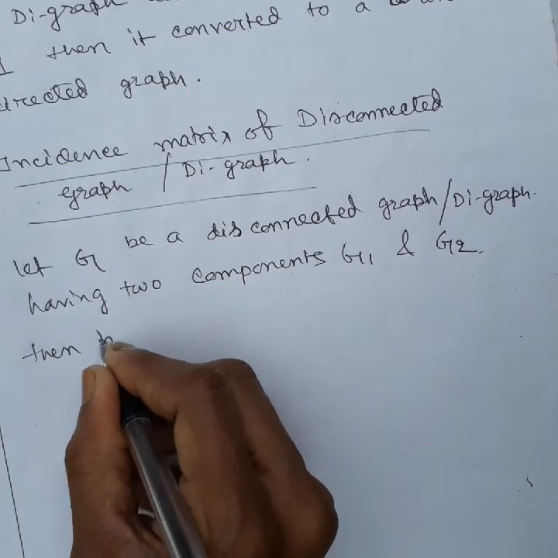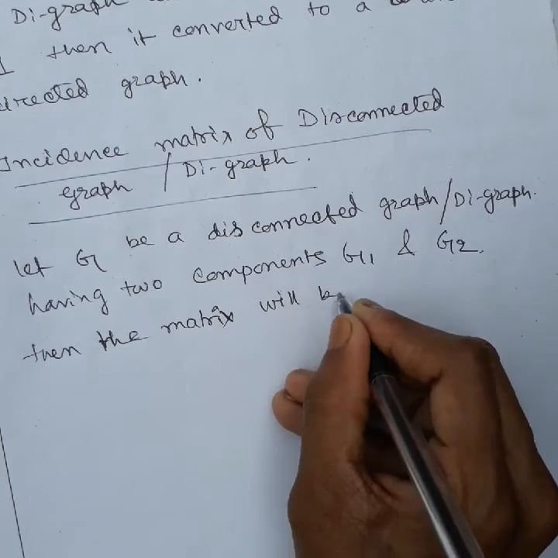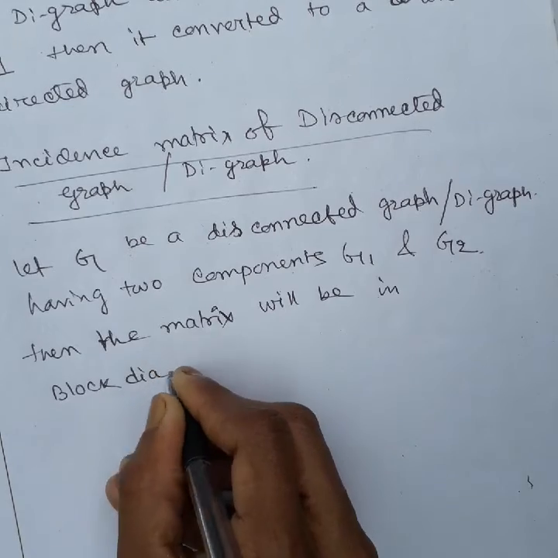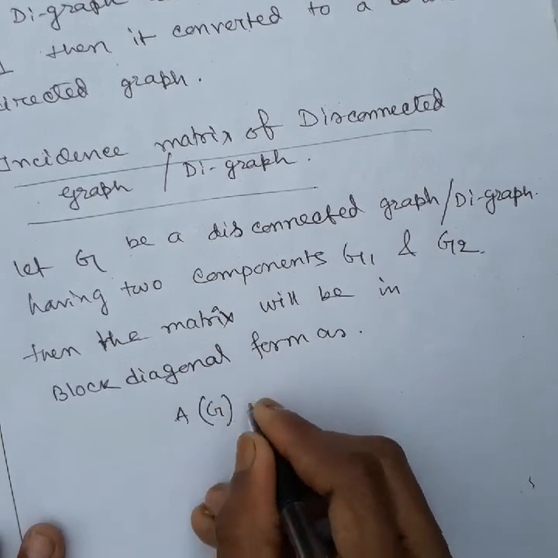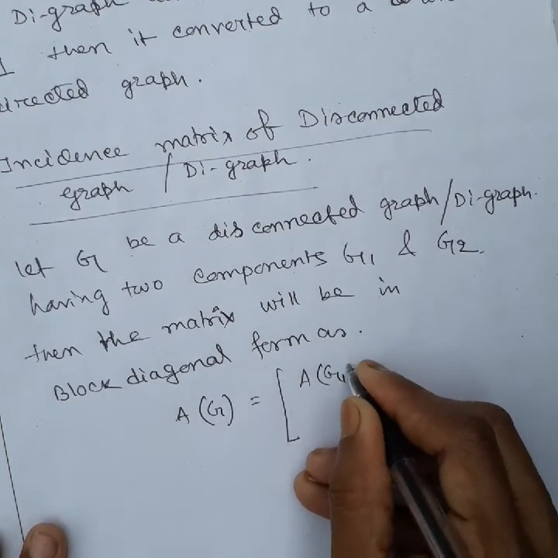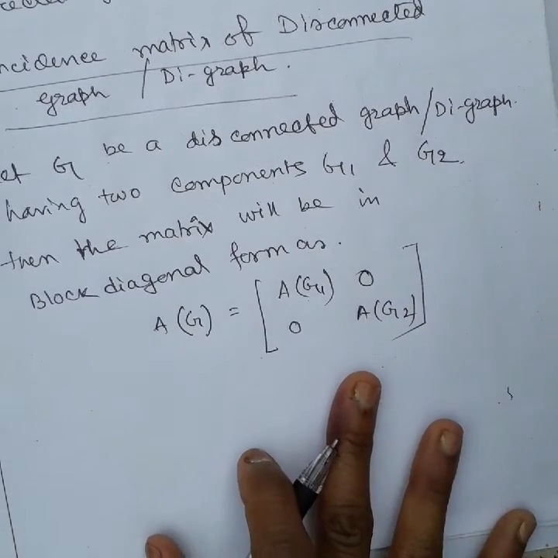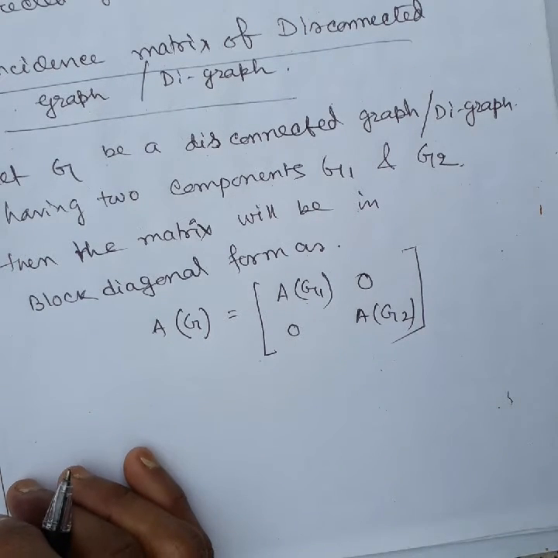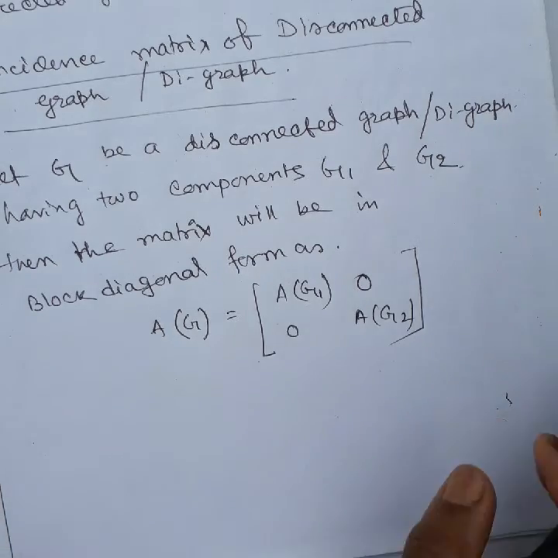Then the matrix will be in block diagonal form. As A of G is equal to A of G1, 0, 0, A of G2, where A(G1) and A(G2) are incidence matrices of G1 and G2, and O is the null matrix. So we can find here, see,